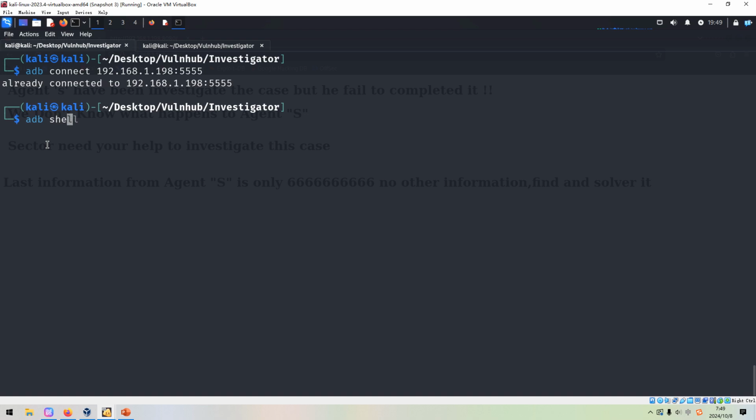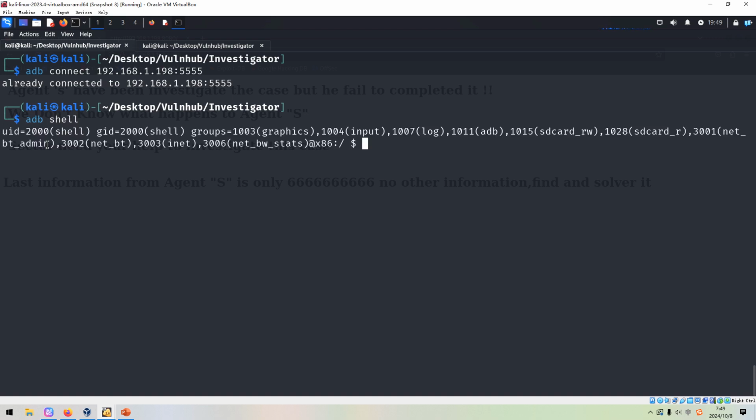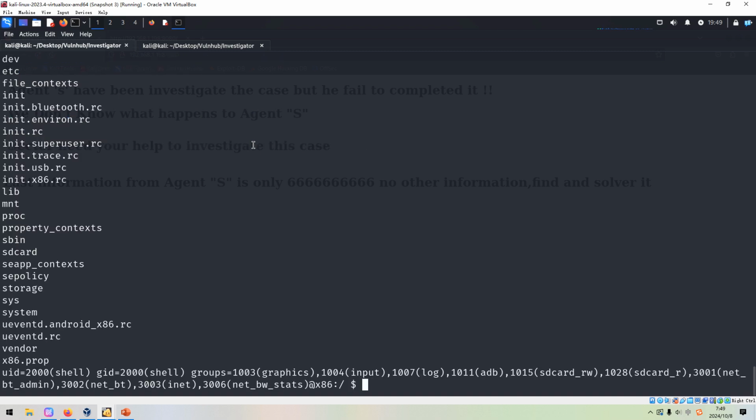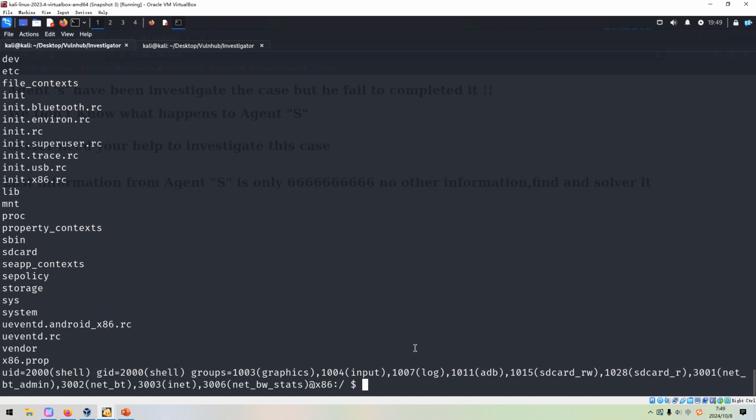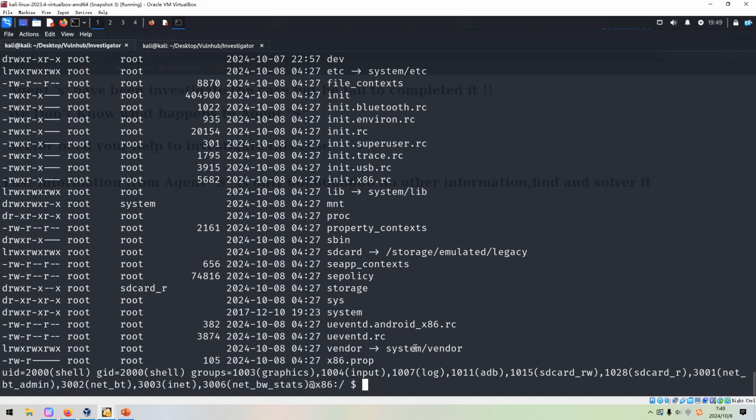And then we can get the shell. As you can see, we are now in the mobile phone. And very weird, it even gives us the id information. I didn't run it, right? Anyway, we can run ls to display the structure of directories on the mobile phone. However, we cannot use the -h option. We can use -a and also -al. Okay, so this is a bit different from a normal Linux distribution.